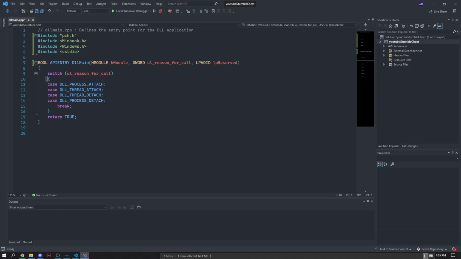So, this is just a switch statement, and all it does is switch between these. So if your thread attaches, thread detaches, process attaches, process detaches. We want process attach. This is when our process attaches. So we're gonna do CreateThread,